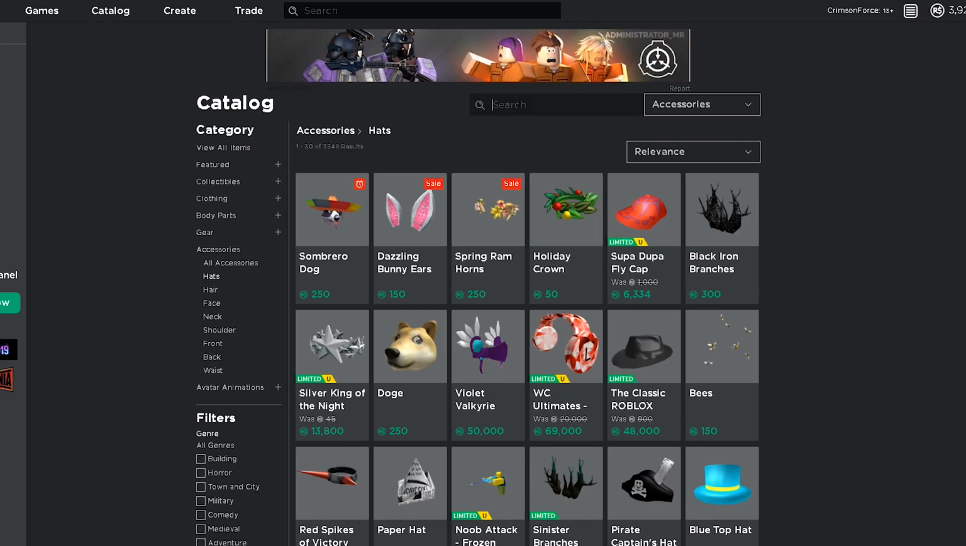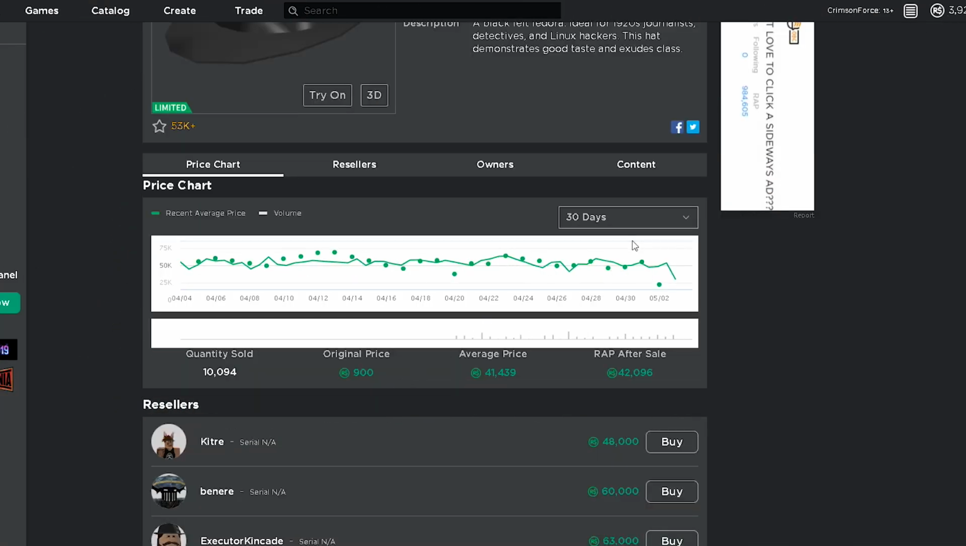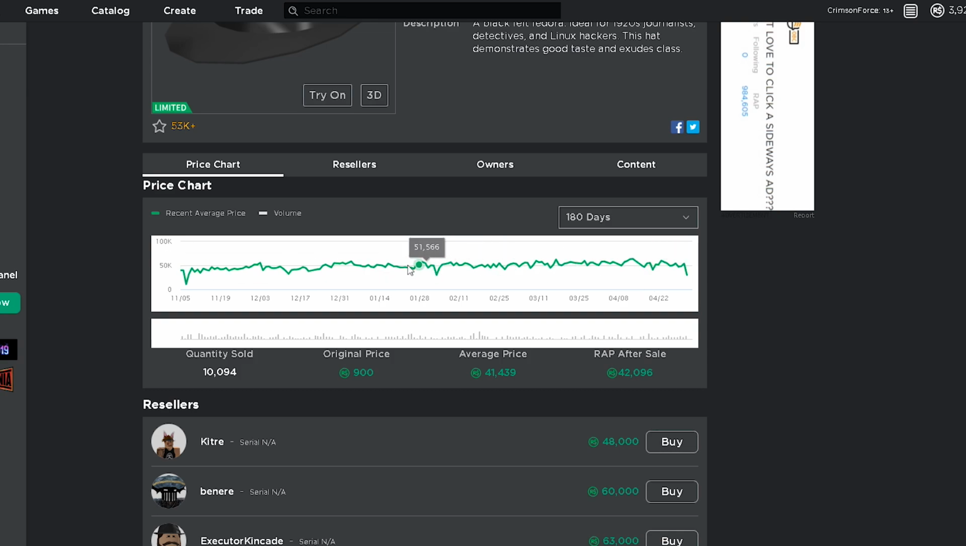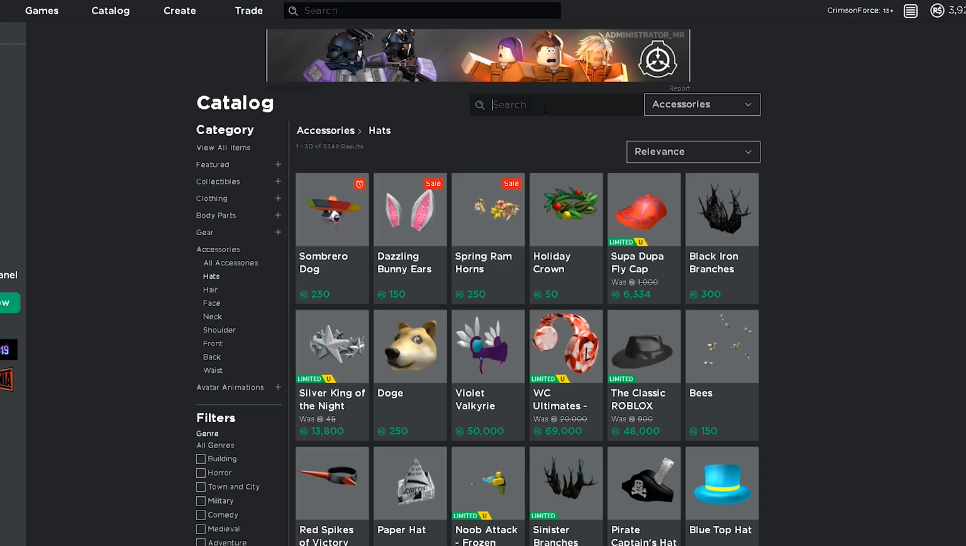Like if you notice, classic fedora versus the Valkyrie helm, right? So as you can see, this has pretty much remained even. This is one flat line right here, pretty much. I mean, it's gone up a little bit, like this has gone up a tiny bit in the past half a year, but it's still going up, but it's pretty flat. Now if you look at Valkyrie helm,